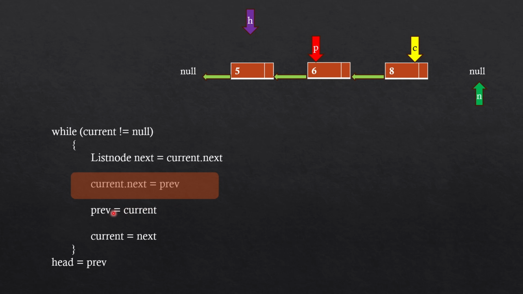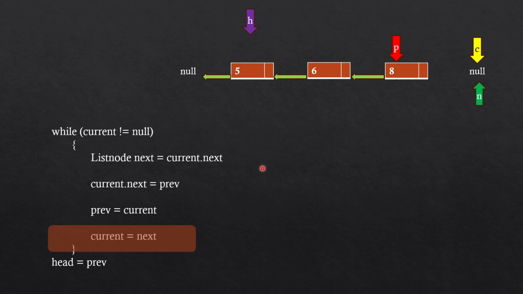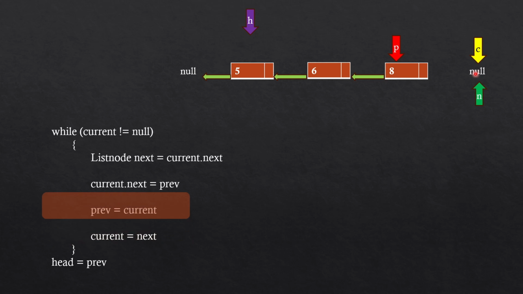And now we will update our previous with the current. So we have updated our previous with the current, and it is here. And again, we will update our current with the next. So our current is updated with the next. So current is at null, right? And now we will check the condition while current is not equal to null. But this time the current is null. As you can see, the current is null. So we will not execute this block of code, and we will move out of this loop, and we